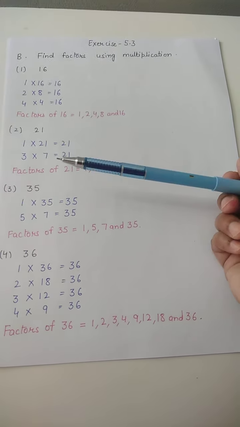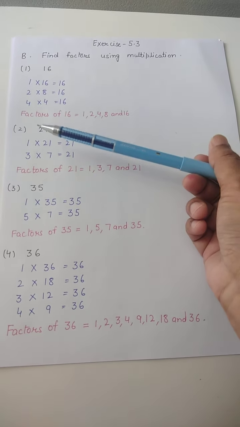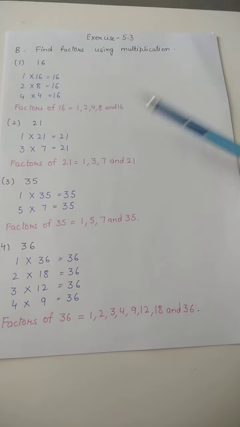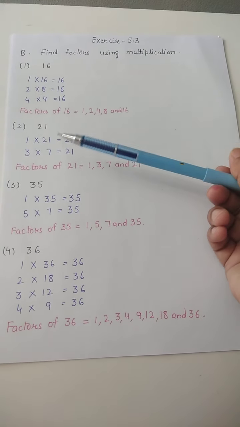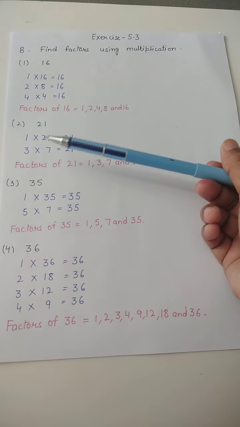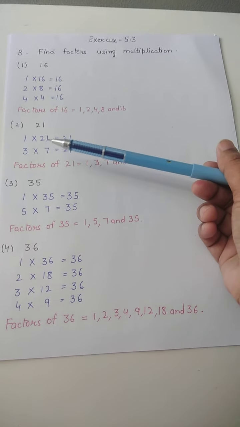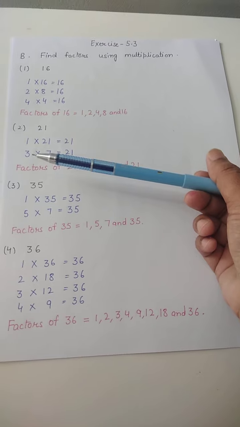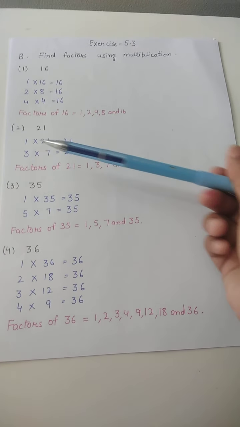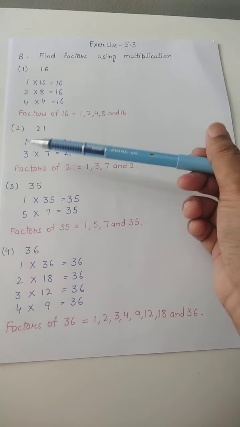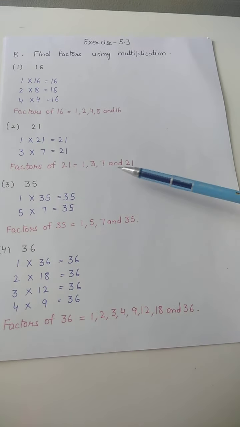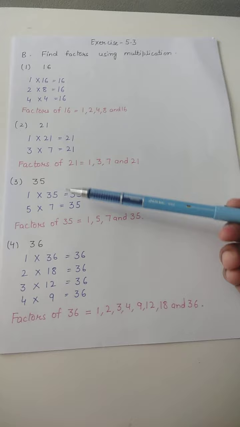Right? Now this is also easy. Here you have to write that also. Factors of 16 are 1, 2, 4, 8 and 16. Now 21. You know 21. The factors are 1 and 21 itself. So 1 multiplied by 21 is equal to 21. Then 21 comes in the 3 table, so 3 sevens are 21. So whatever numbers we are multiplying here, all are factors of 21. So 1, 3, 7 and 21. Right? So like this you have to do.